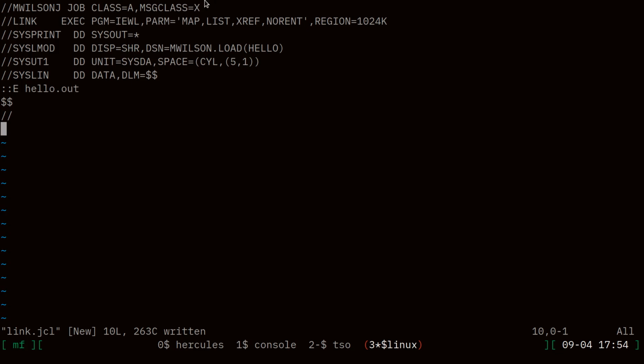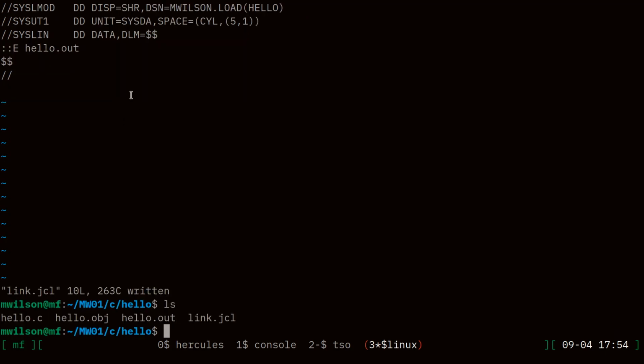Right? So if you've ever run the MVS linker, this should look familiar. We're just running the linker. We're telling it, here's where I want the output to go. And we are going to say the input to the linker is whatever gets included right here. Okay, so let's save that. So if I run that reader prep program now, let's just run that. And if I give the input to be my link JCL template,